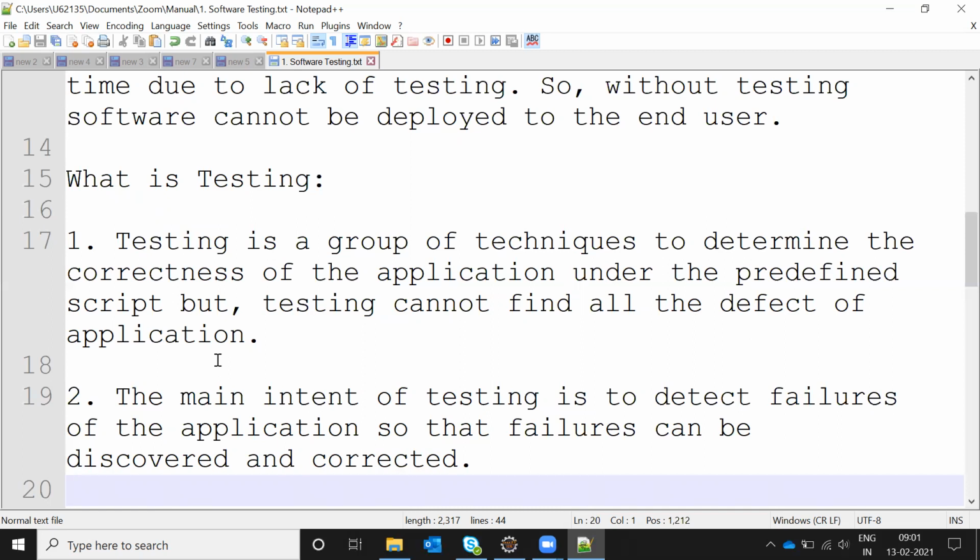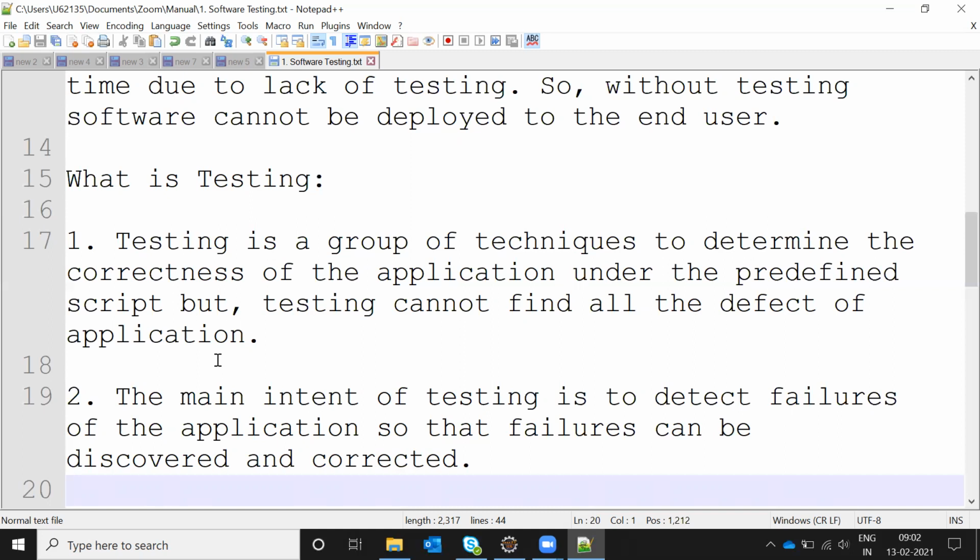In manual testing, for example, we have pre-required conditions, and under these conditions we test a particular application and a particular group of modules. At that time we can find a few defects, but sometimes the documentation is changed in the middle, and then we are not able to find the defects.